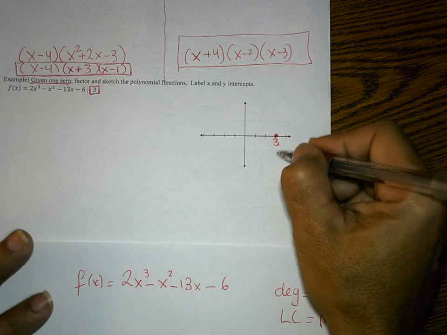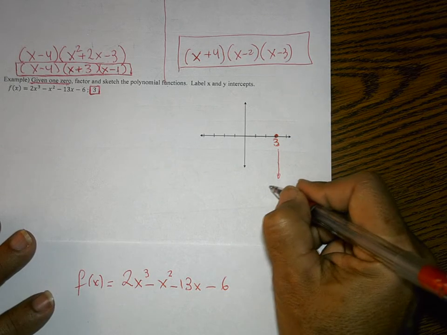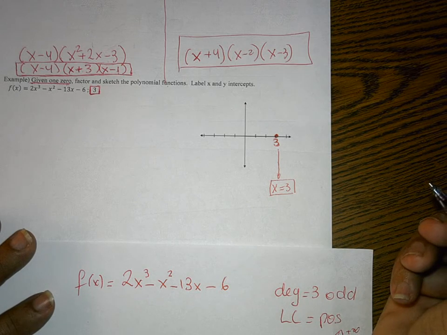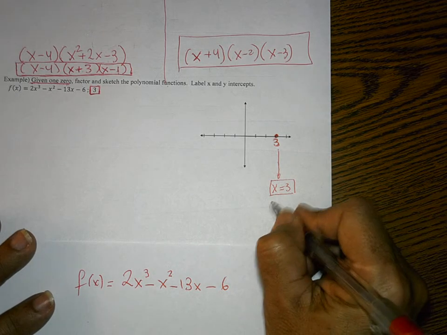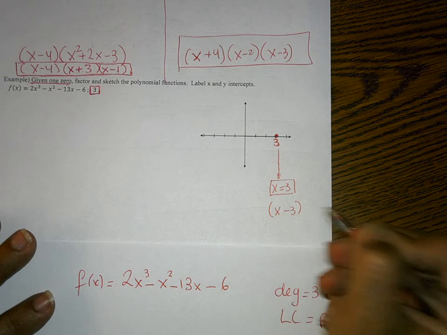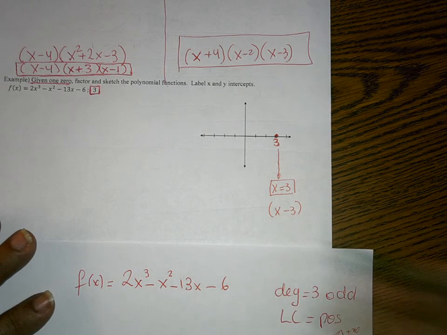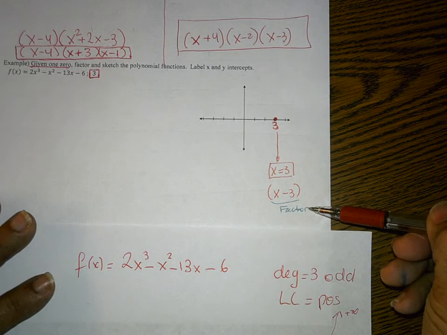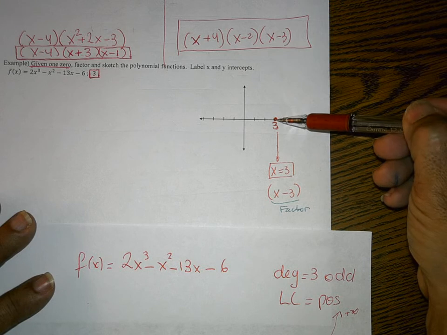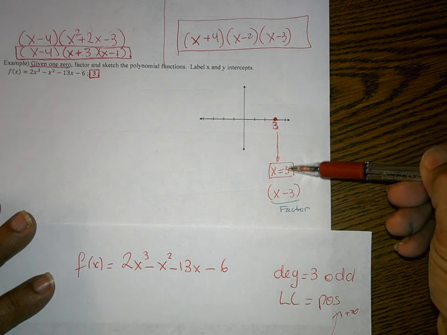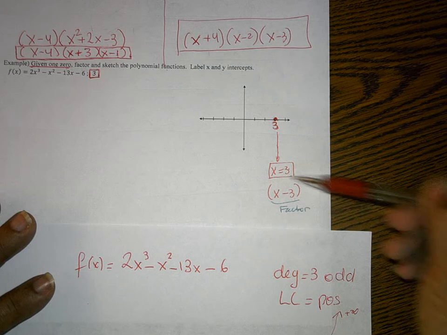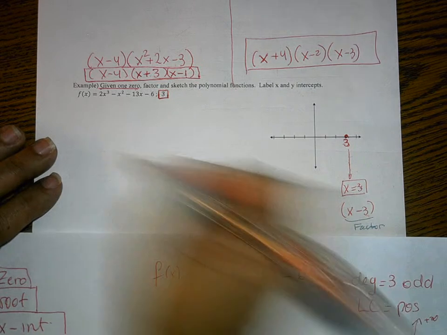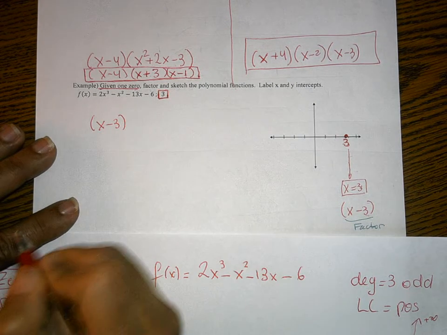So if I know that's one of the x-intercepts, I know that x equals 3 is one of the x-intercepts. So I can go ahead and switch it into a factor and say x minus 3. So that is one of the factors. This is the factor. All right? From the factor, we are working backwards. If that is my x-intercept, I wrote it this way, then I know that this is the factor. If you solve this factor, set it equal to 0, you're going to work backwards. You're going to get to the same thing here. So now I know that the factor is x minus 3 from my given